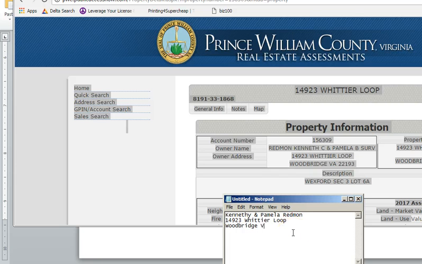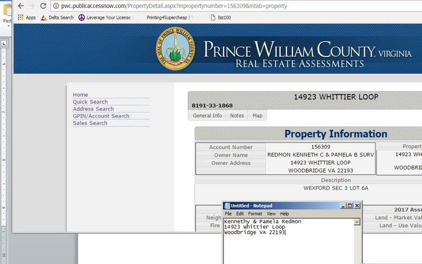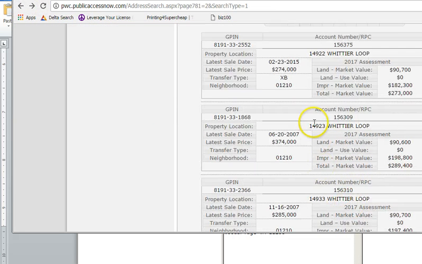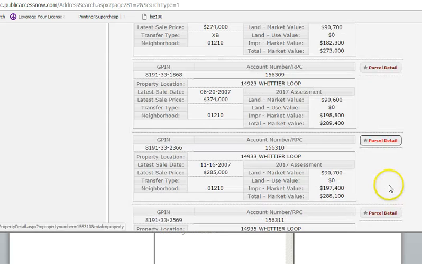We'll do another example. So here, we're going to put in the zip code, the city and state. Let's click off, there you go. And then you put in the zip code there. So that's the house number 14923. And then up here, you click right here to go back. And so we did 14923, see here? And then you'll go to the next one. And then the next one here,